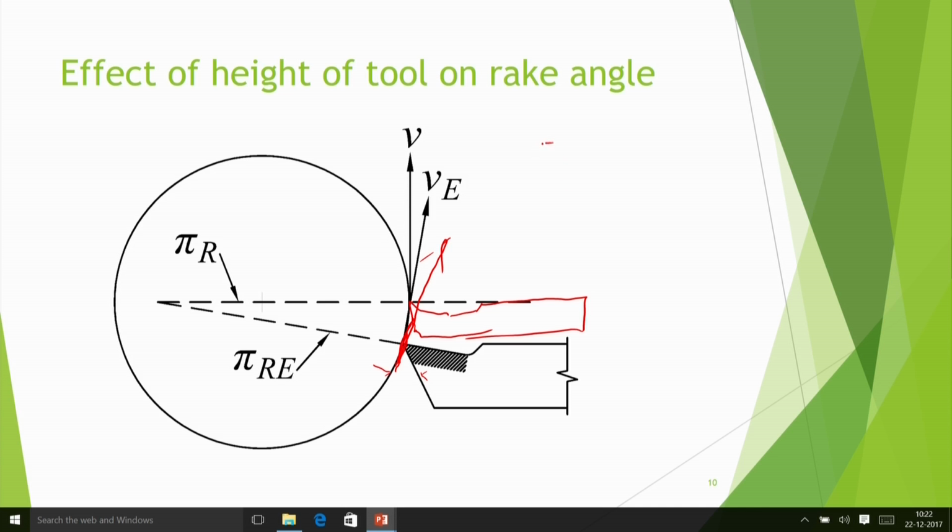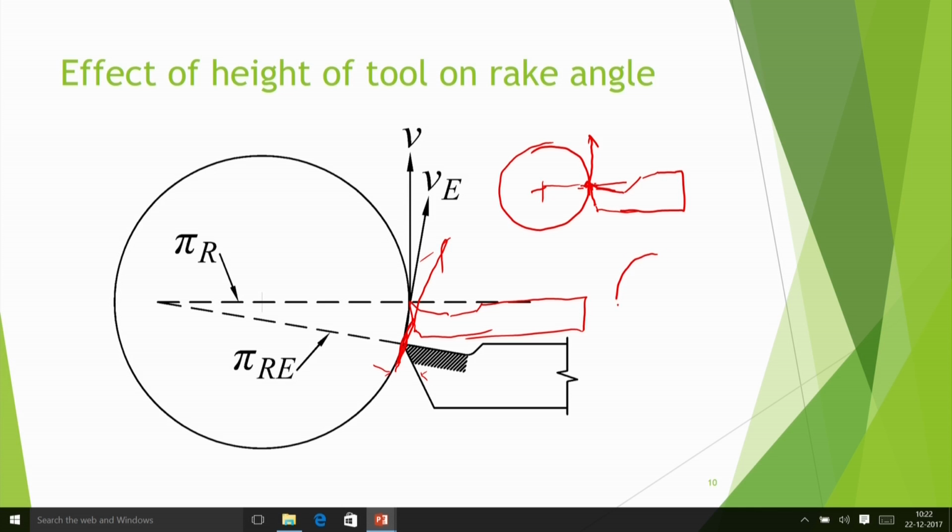I can illustrate it like this. This is a job, and if the tool was mounted at the center, then I observe that it is like this. That is one thing. Here naturally the velocity is tangential. Since the velocity is tangential here, naturally I have got that plane here. So you see we have some particular rake angle, and we have got the relief angle here. This is the relief angle.